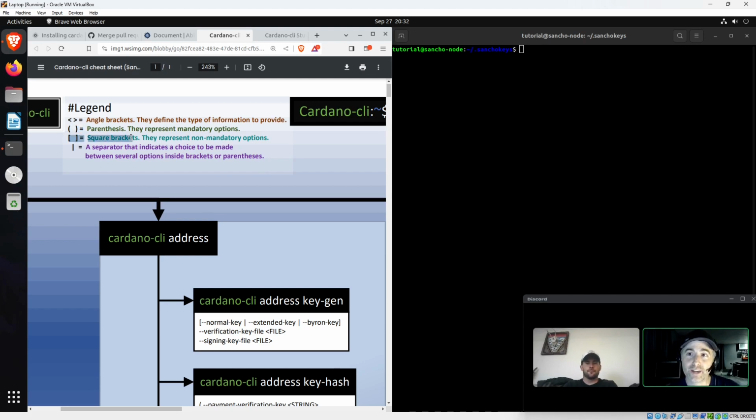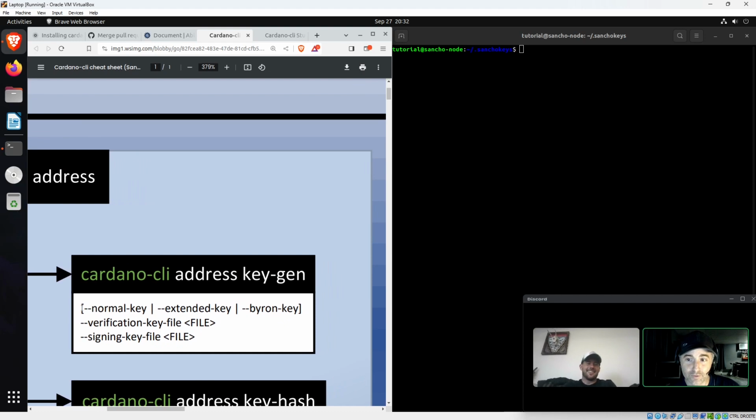If you have square brackets, it's not mandatory, but it's optional. And the separator basically means or, like for this one, the keys. It's not mandatory. By default, they're gonna use normal keys, but we can have normal keys or extended keys or parent keys. And we're not even gonna do that. So we'll just mention the verification key and the signing key